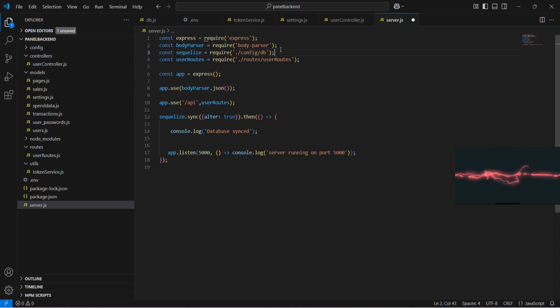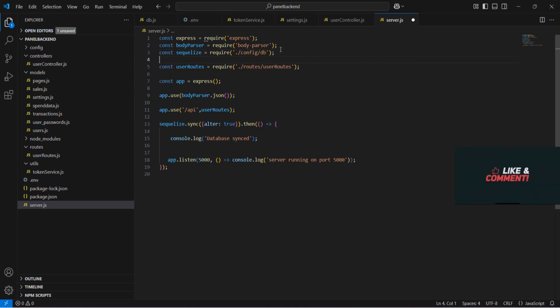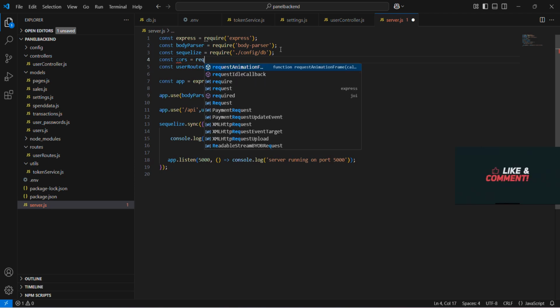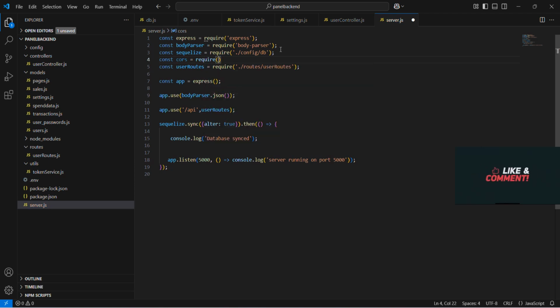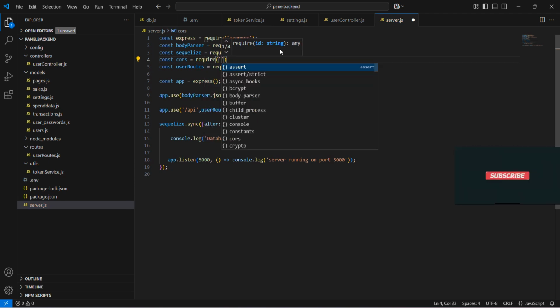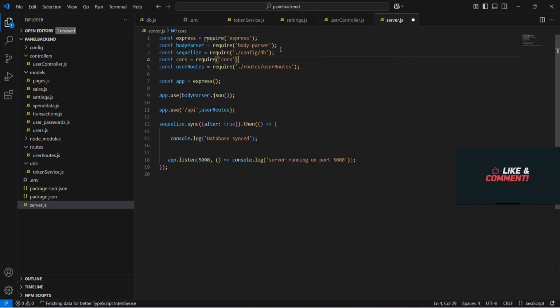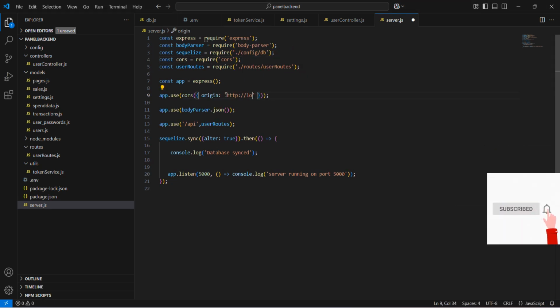Now, we also need to make some small changes in this server.js file. Let's import the CORS package here. And also add this line, which will allow requests from the front end, in short requests from port 3000.